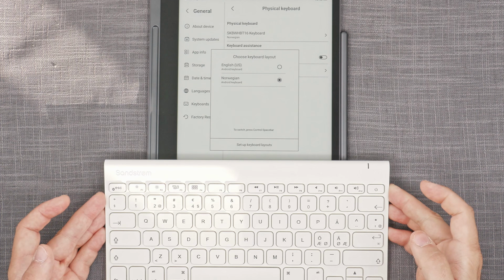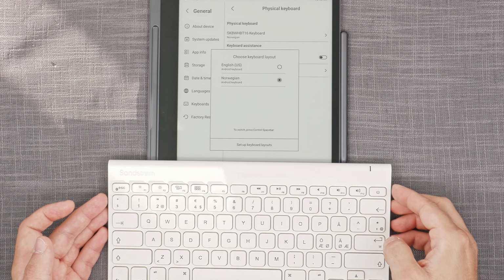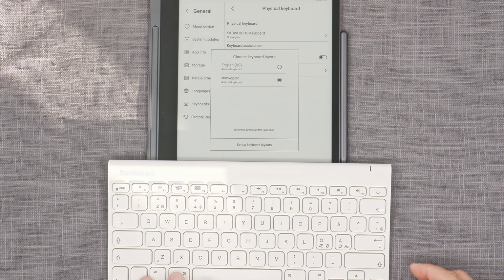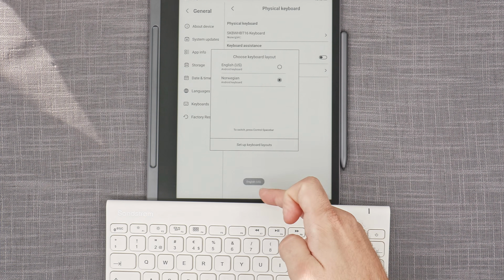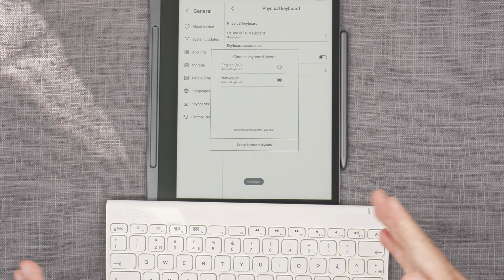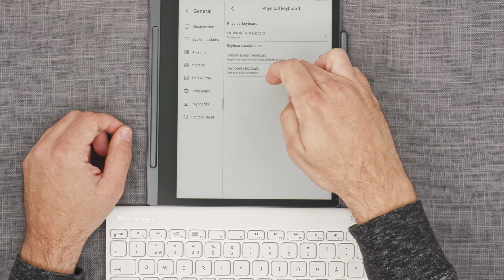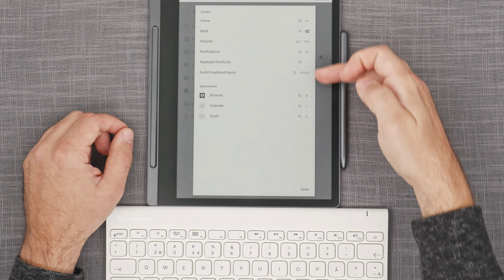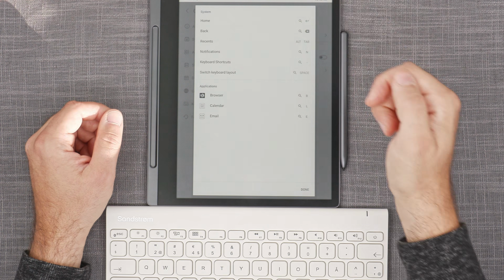Now, there are shortcuts that are available on Smart Paper and Android normally. The usual shortcut is Control Space to switch between the layouts, and this works fine. It just tells you, hey, it's English, Norwegian. So that part actually works really, really well. In line with that, we also have this list here of optional keyboard shortcuts, and this magnifying glass icon is the